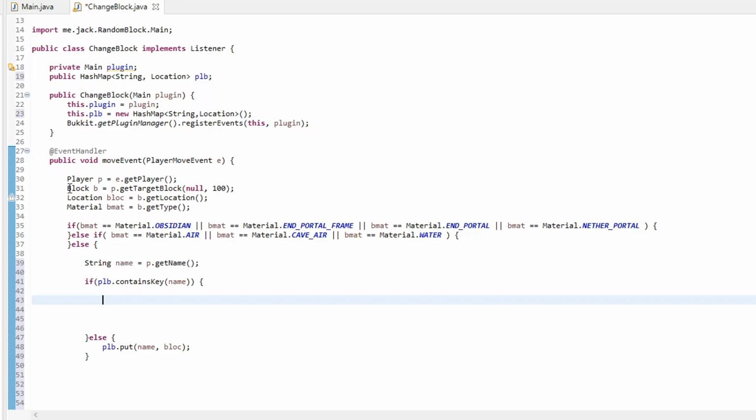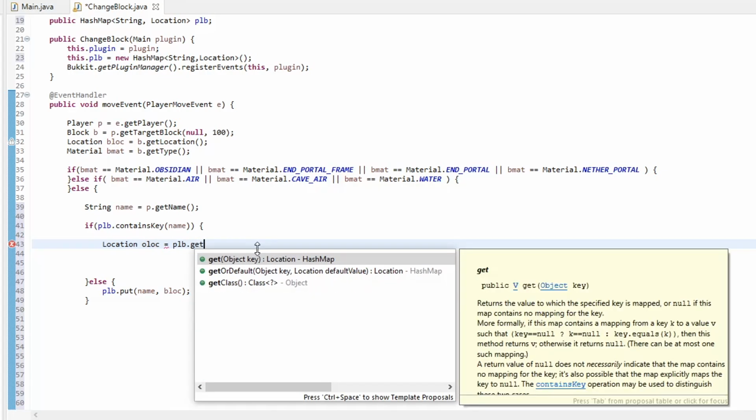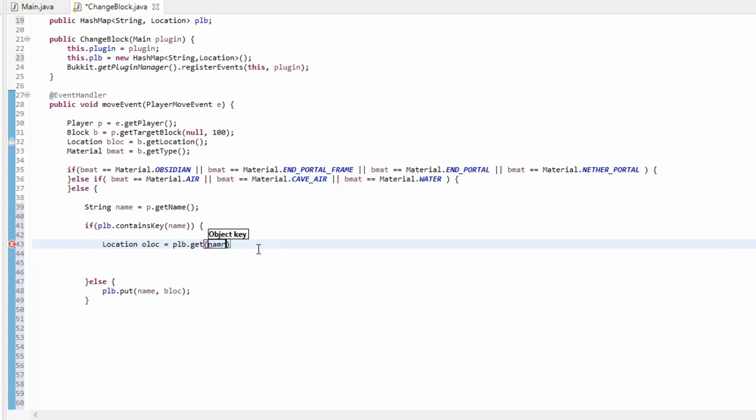So we got a new player run, we got a new block, we have a new block location, and the new block material. So now we need to compare the new block that we just looked at to the old block, which would be in the hash map. We have to do location, and we can do old location. So this is the location that's going to be in the PLB or hash map. And then we can do plb.get